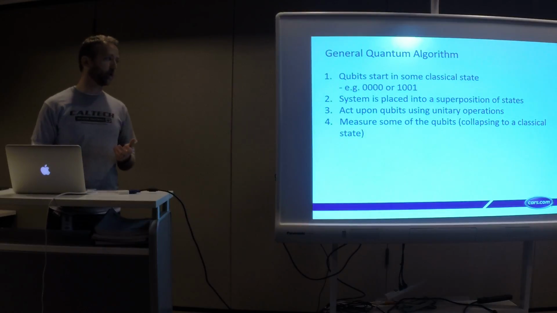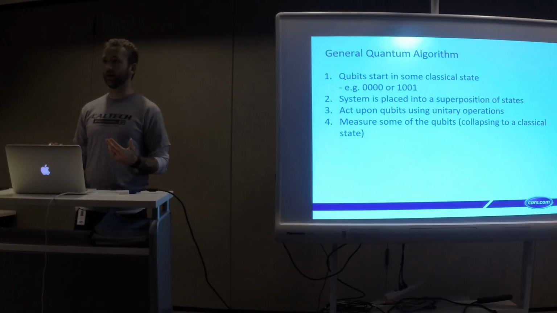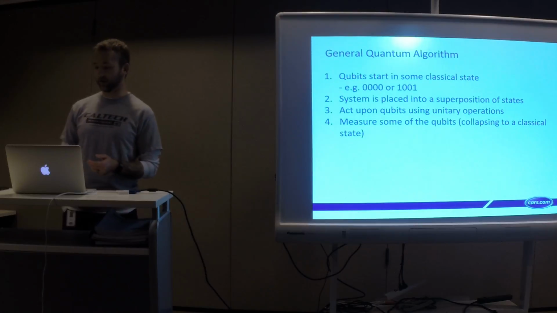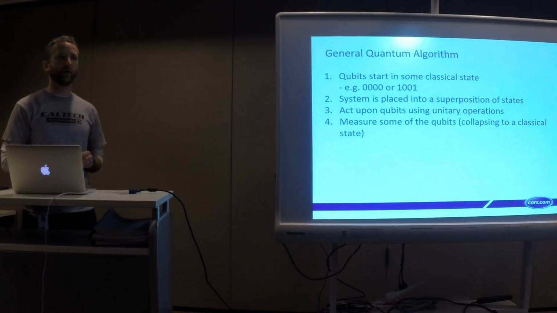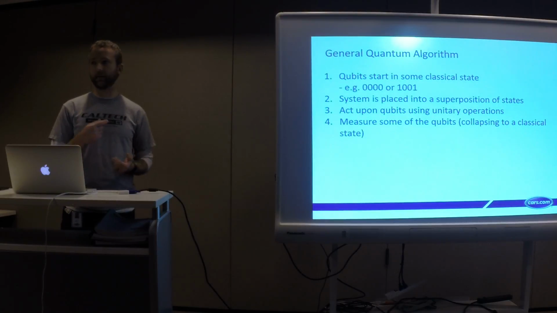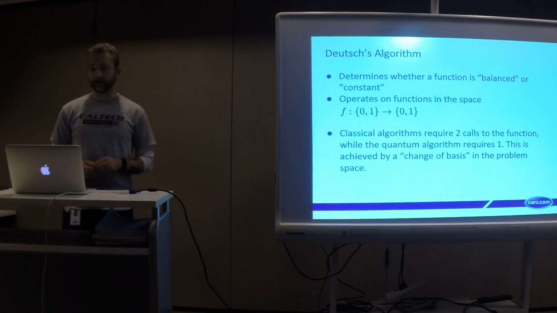And then we're going to measure some or all of the qubits, and they will collapse to some value. And based upon the value that they collapse to, we will infer some information. And then at this point, we may repeat the process. So in some algorithms, you'll go between quantum and classical. All right, so we'll start with